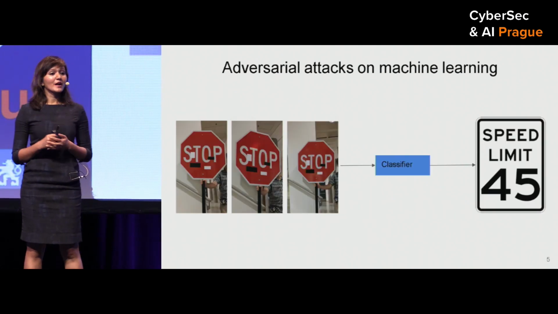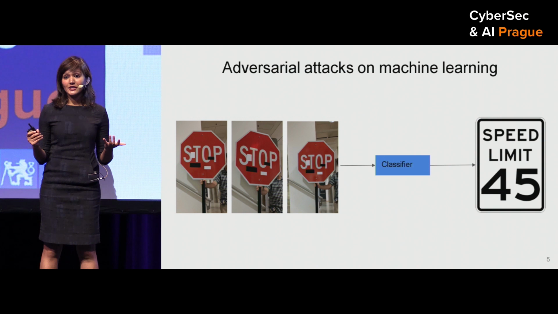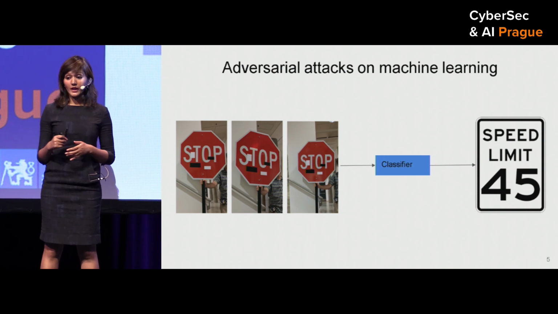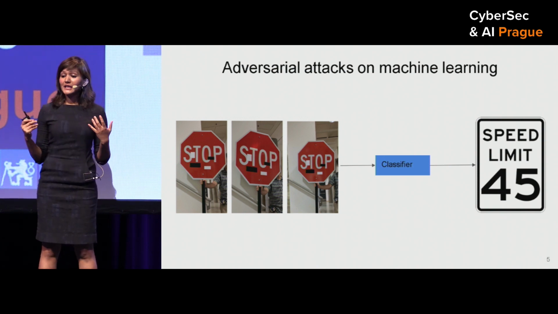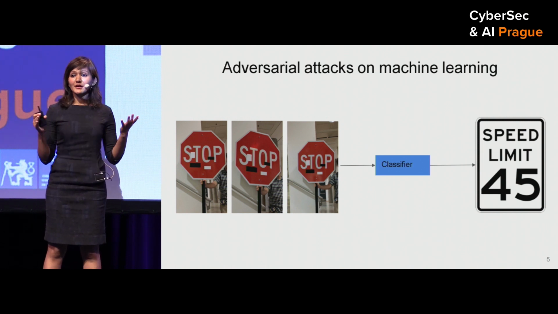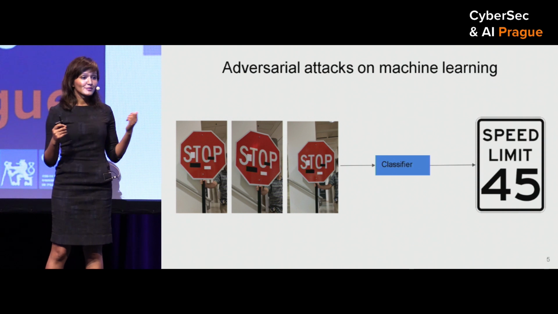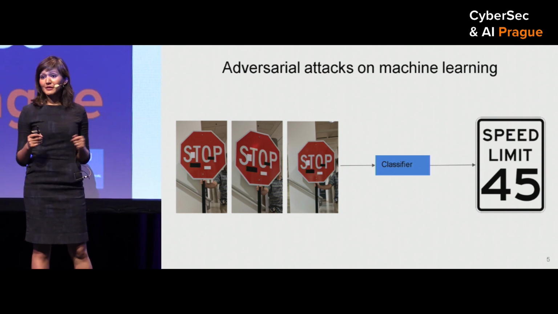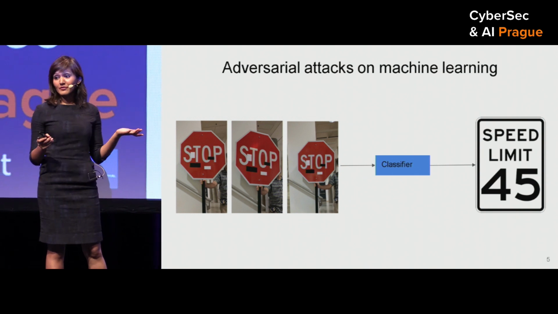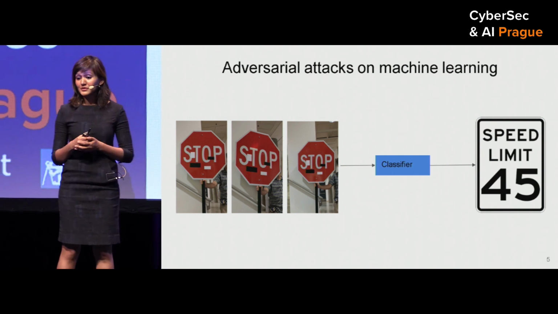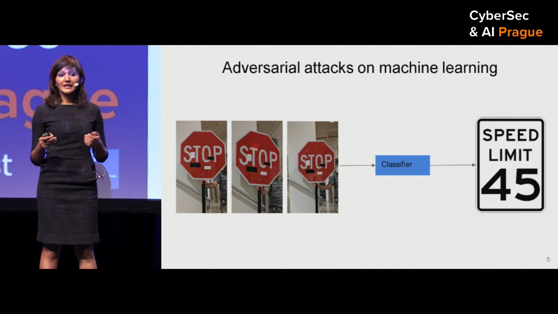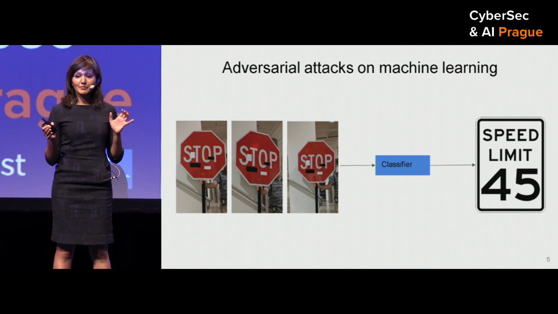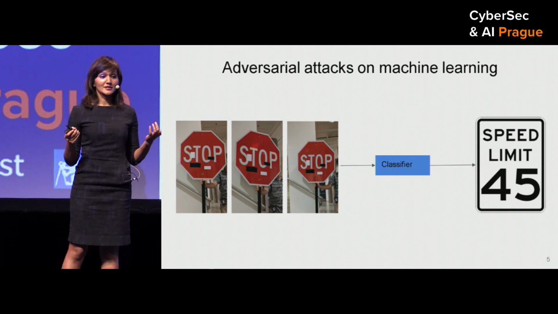This is a very surprising attack, because without the modification, the classifier works very well, right? And it could be a devastating attack that can affect all of our lives. Let's suppose you're in your self-driving car, and the stop sign classifier in your car considers it as a speed limit sign. And this is not a far-fetched attack, by the way. My colleagues from UC Berkeley already showed that you can modify a stop sign by adding black and white stickers to it, and a classifier will think that this is a speed limit sign.